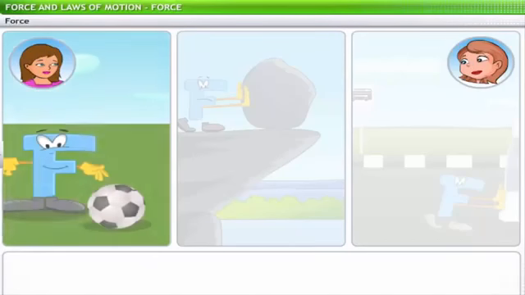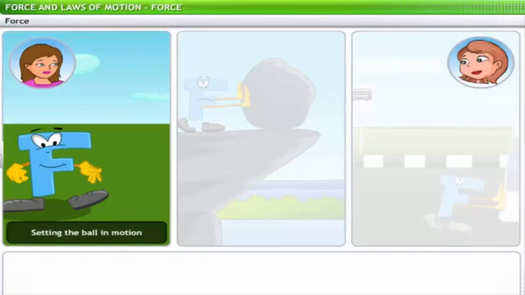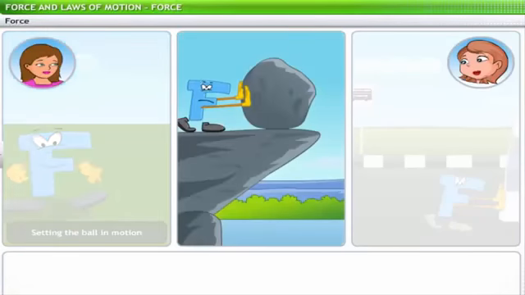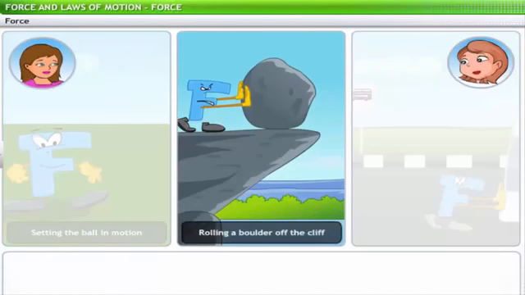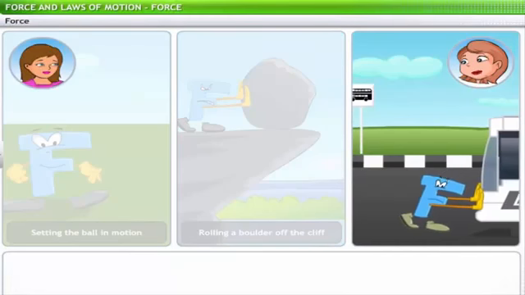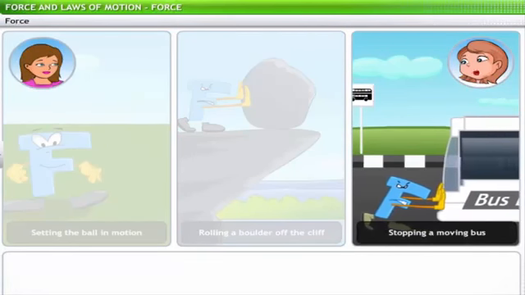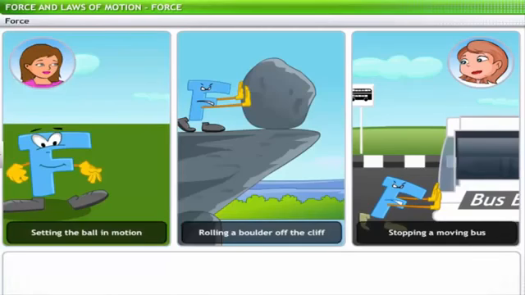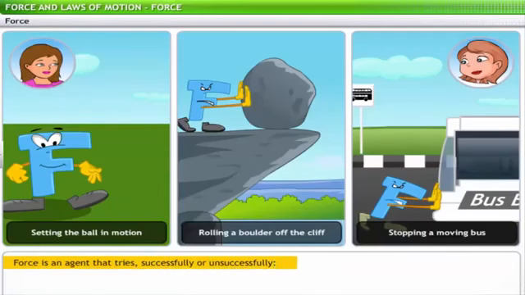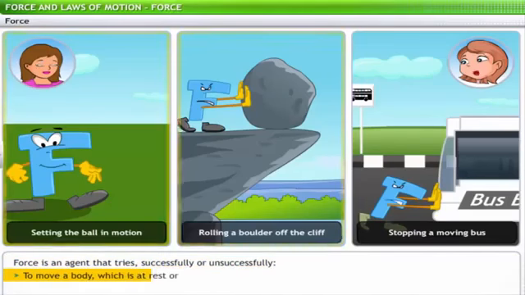As you can see, the first task involves force in kicking a ball and setting it in motion. The second requires force to roll a boulder off the cliff. In the third, force is being applied to try and stop a moving bus. Thus, if we use these examples to define force,